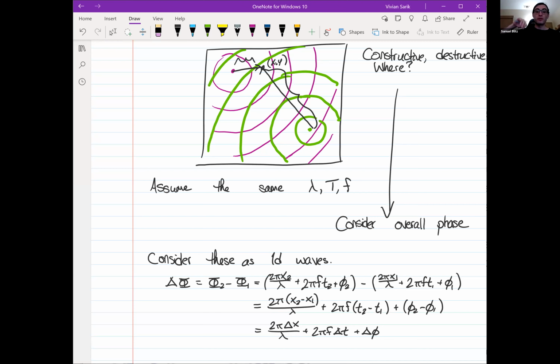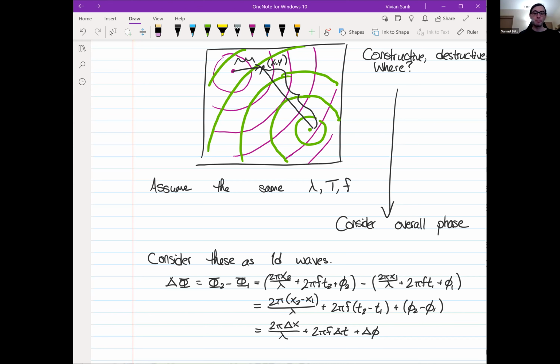So if one of the sources was turned on half a period earlier, then it would be like it was starting with a different phase once the other wave was turned on. Of course, we're only interested in the times when they're both already on. So we don't investigate cases where one wave has gotten to a point, but the other wave hasn't yet. We're interested in a steady state where both waves have had time to get there, but they've been on for